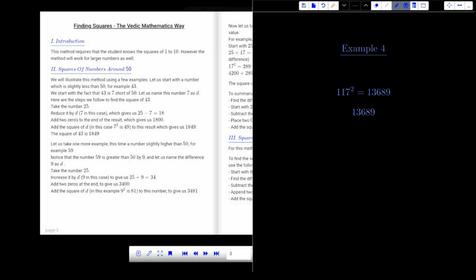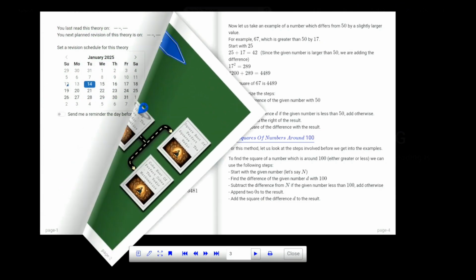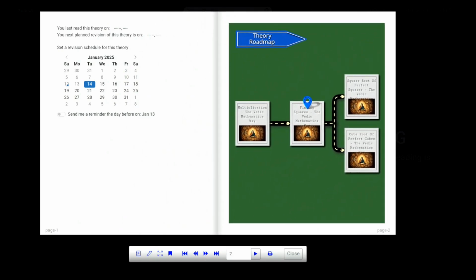Okay, now that we have covered enough examples, let me show you how you can become an expert with the method by practicing with the speed practice widget that comes with this booklet. I will provide the link to this booklet in the description below. For most effective speed practice, use a laptop, tablet, or a desktop. Avoid using small screen devices like mobile